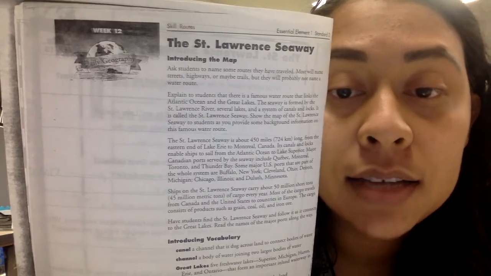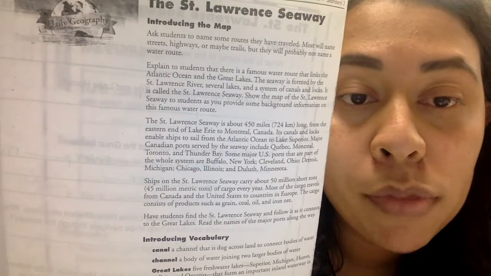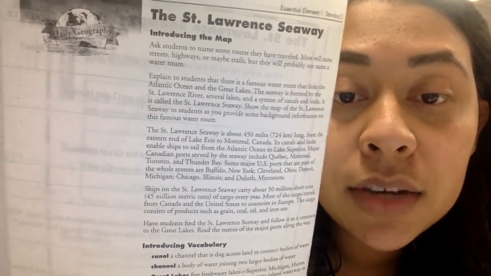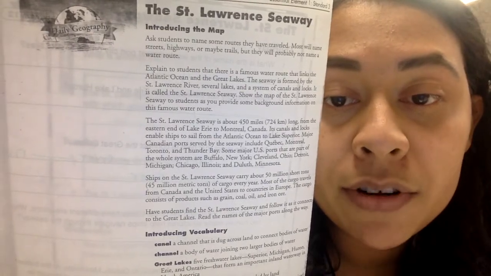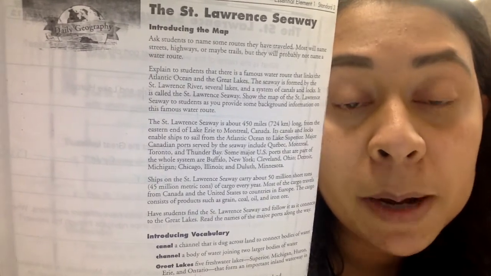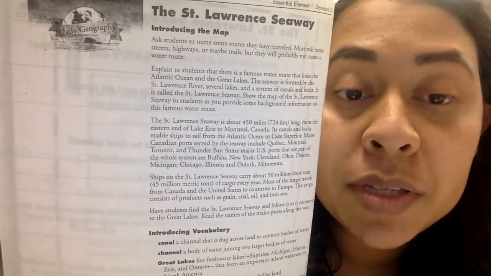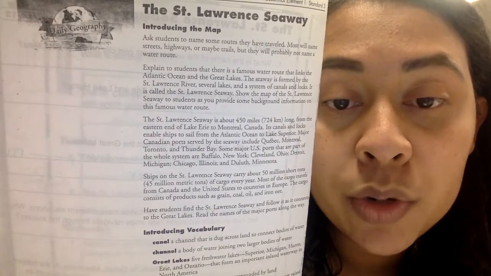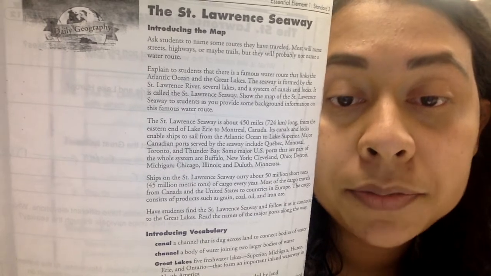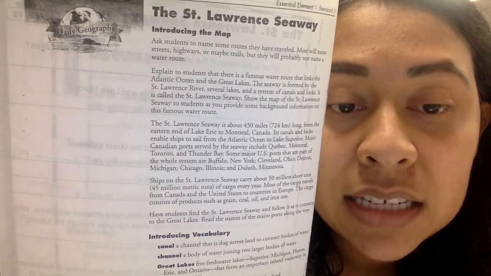The seaway is formed by the St. Lawrence River, several lakes, and a system of canals and locks. It is called the St. Lawrence Seaway. Show the map of the St. Lawrence Seaway to students as you provide some background information on this famous water route. So that is what our entire map is about, the St. Lawrence Seaway. The St. Lawrence Seaway is about 450 miles, that's 724 kilometers long, from the eastern end of Lake